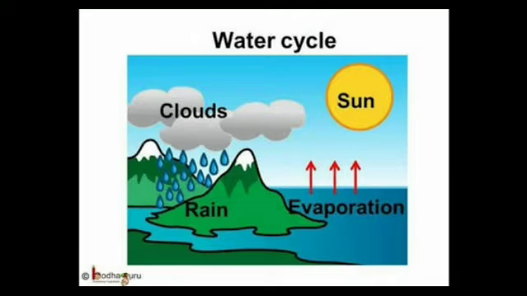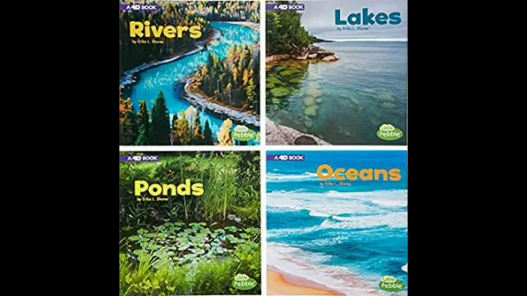Again, teacher will say, the water cycle is a natural process of circulation of water from the land to the sky and back again. In this process, water from water bodies like rivers, seas, ponds, oceans gets heated up by